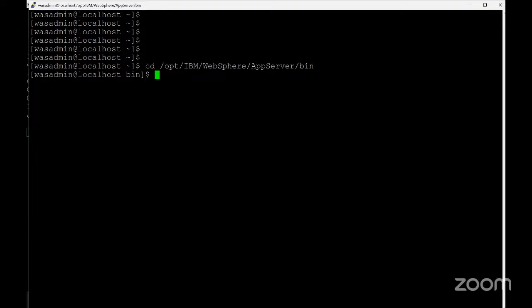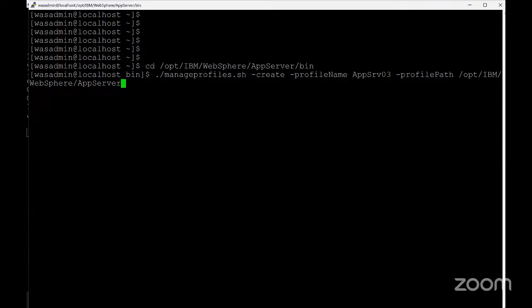I am creating the profile by using the new command: ./manageprofiles.sh -create -profileName appsrv03 -profilePath /opt/IBM/WebSphere/AppServer/profiles/appsrv03